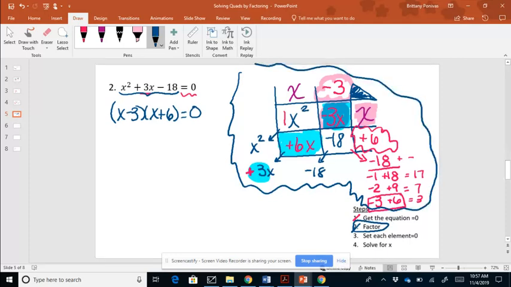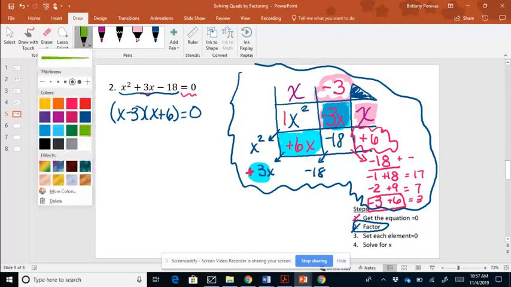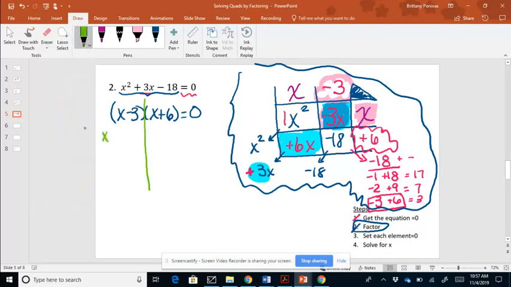You set each element equal to 0. So you just draw a line down the middle to separate out your 2 sets of parentheses. And we get x minus 3 equals 0 and x plus 6 equals 0. And then you just solve. So x minus 3, to solve for x, you add 3 to both sides, and you get x equals 3. X plus 6, to solve for x, you subtract 6 from both sides, and you get x equals